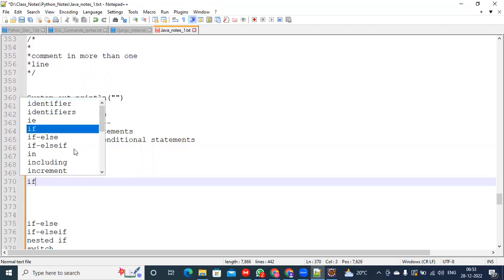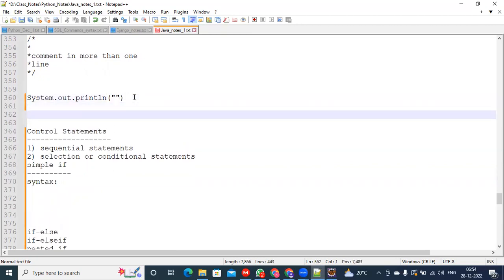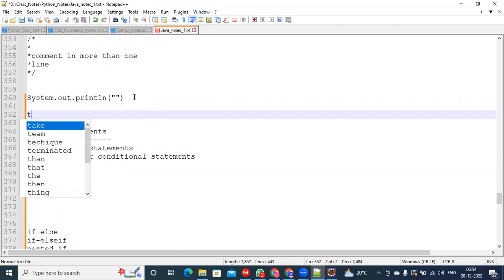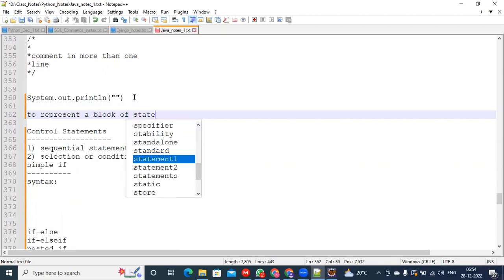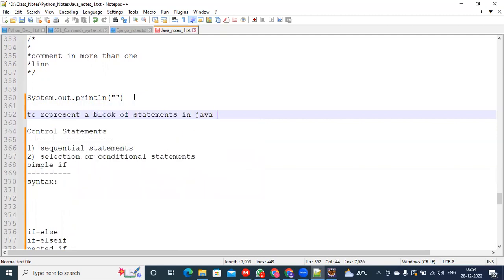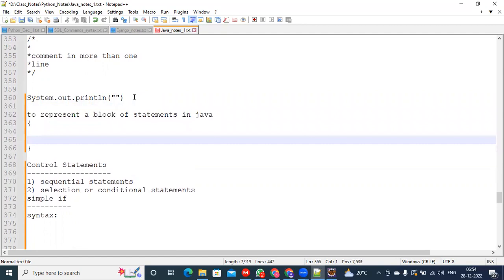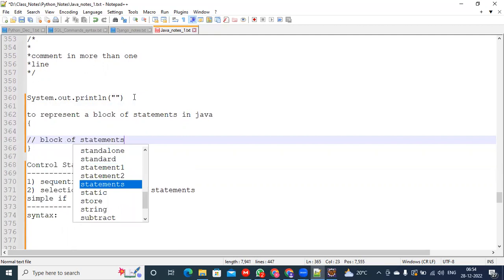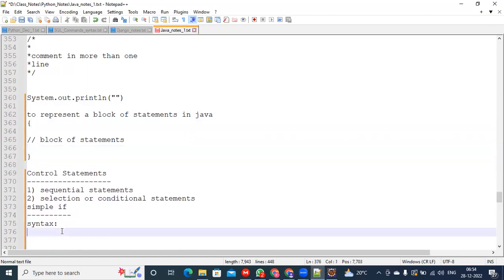Usually in Java, to represent a block of statements, we enclose the statements within open and close braces. To represent a block of statements in Java, we enclose them within open and close braces. This is how we represent it. See here, if